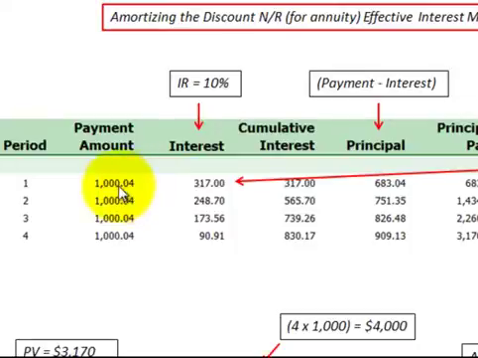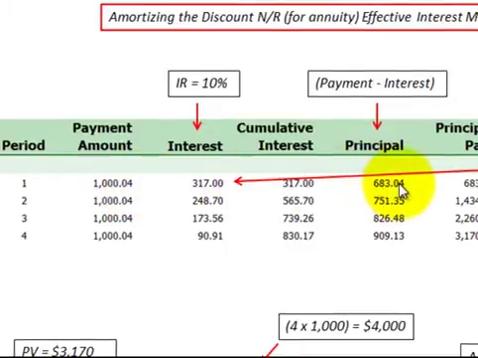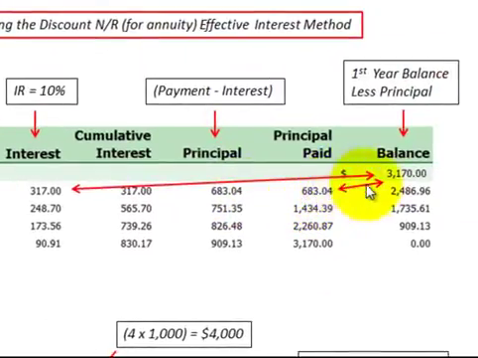Now we had a payment, either receipt or payable here, of $1,000 at the end of the first year. Now that payment includes the interest receivable or payable plus its principal portion of that payment. So if we subtract the interest from the payment amount of $1,000, we end up with a principal amount for the year of $683. Now we reduce that beginning balance, the beginning of year 1, by that principal amount that we reduce our notes payable or receivable by for the year, and we end up with an ending balance of